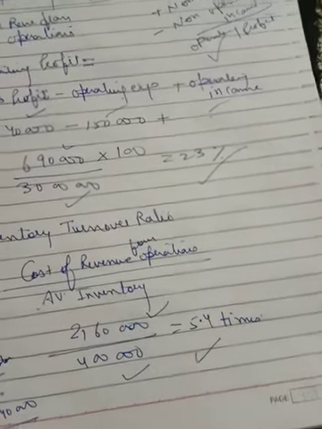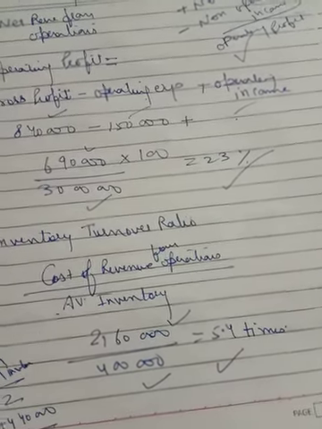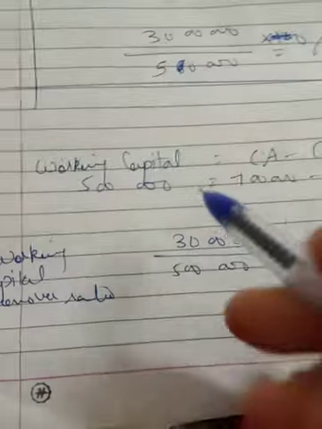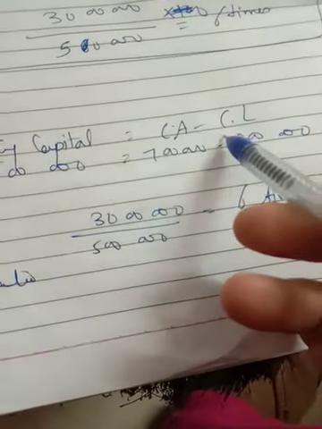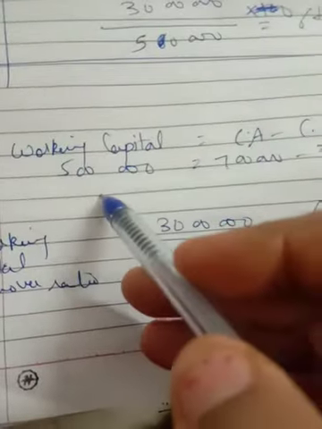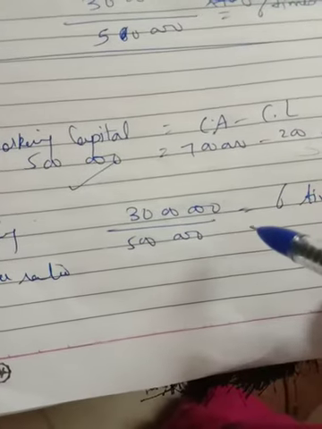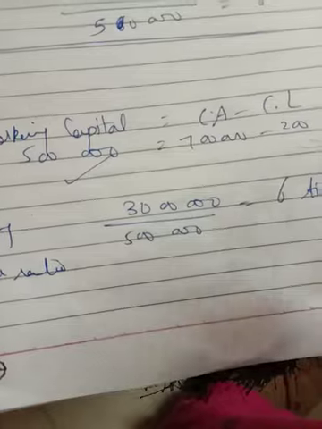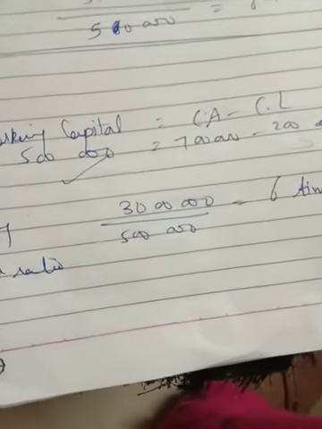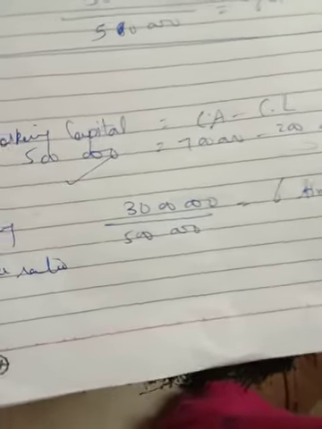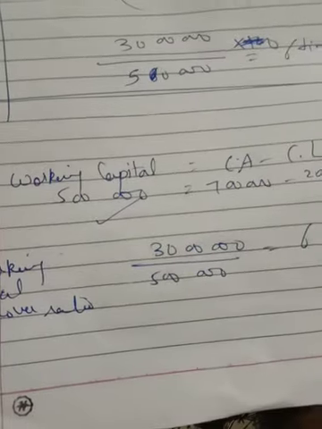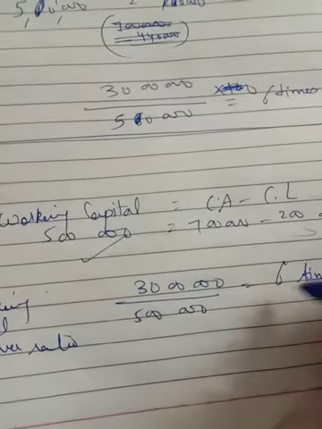And working capital turnover ratio is to be asked in the question. So for calculating the working capital, current liabilities are to be deducted from current assets. Definitely 5 lakh is the working capital, and the formula is net revenue from operation upon working capital, basically this is in times. Net revenue from operation 30 lakh and the working capital is 5 lakh. So 6 times is the working capital turnover ratio.